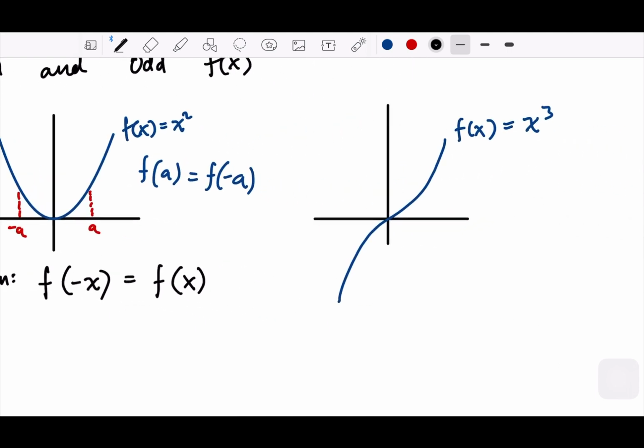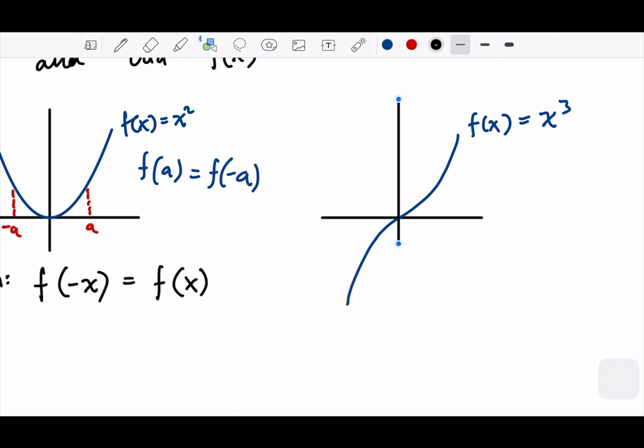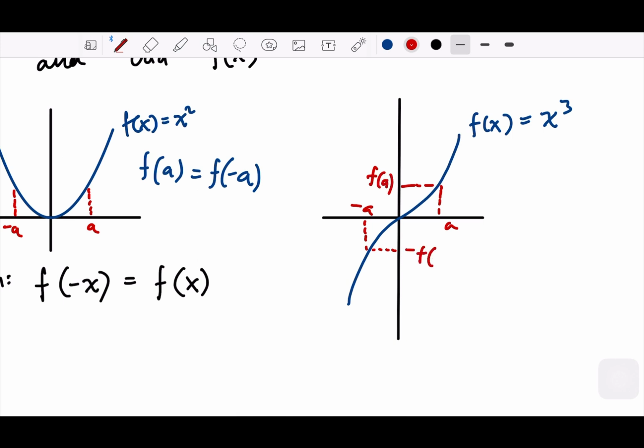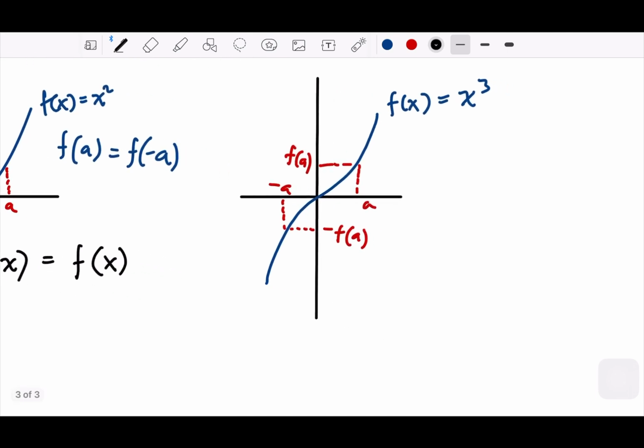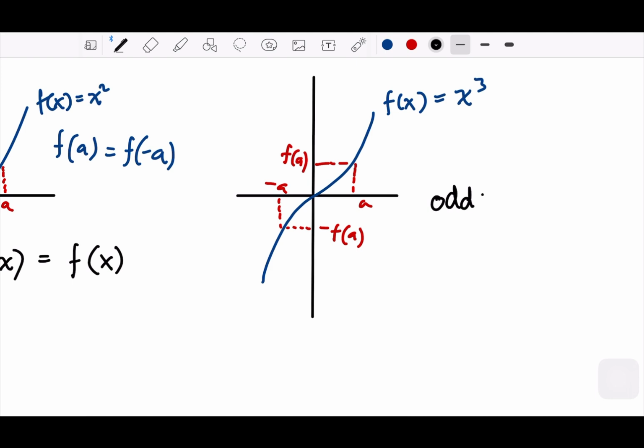Okay, that's the even functions, and the other here, let's say we have also a similar condition. In odd functions, however, when you plug in a and negative a, you will get the result that is, oh, not here, it should be on x. It should be a similar value but with opposite signs, right? So this will be f(a), and this will be the negative of f(a). So for odd, well, we have